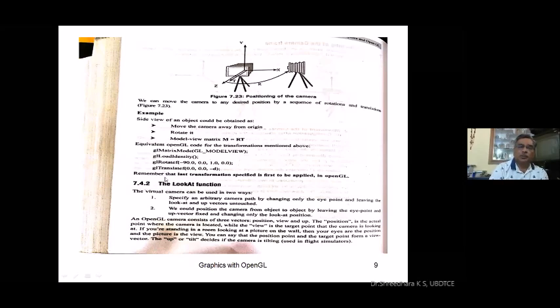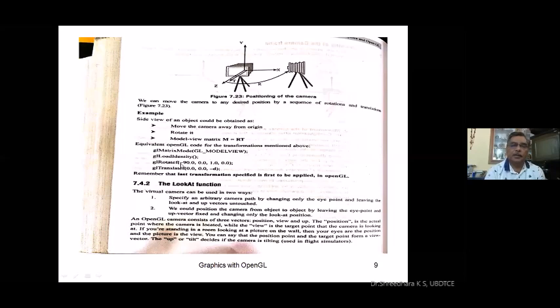First, you have to note something very important, remember friends: in OpenGL, the concept is that the last transformation specified will be the first to be applied. Don't forget this statement. That's why glTranslatef(0, 0, -d). That is, you are moving your camera a distance of minus d along the Z axis. That's why the Z value is given as minus d. That is the translate function, Tx, Ty, Tz, where Tz is applied with minus d.